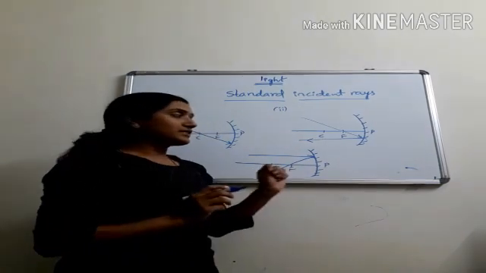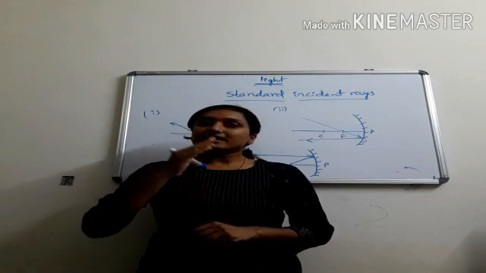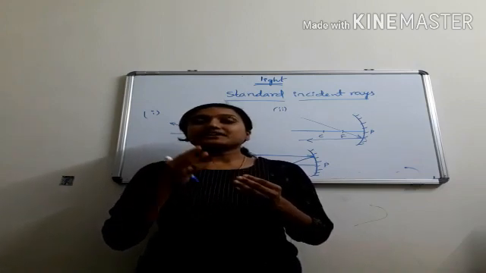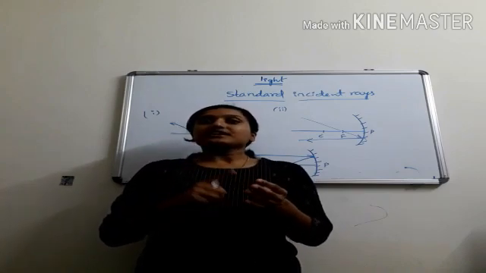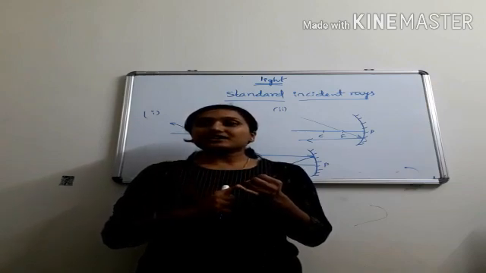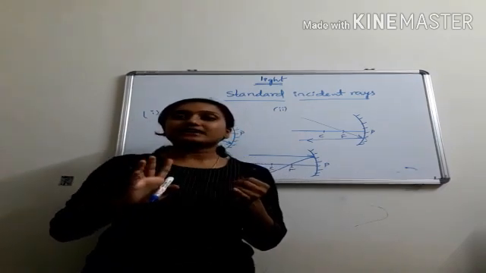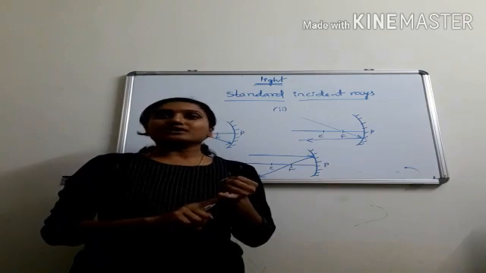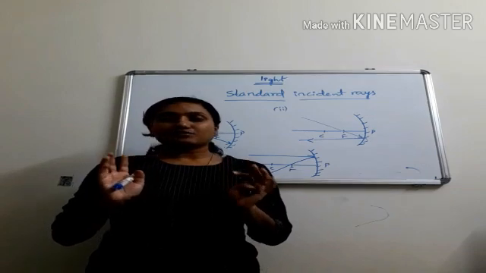After that, we learned about the components of the spherical mirrors. We learned five important things: the radius of curvature, focal length, pole of the mirror, and aperture. Aperture means where the reflection will occur on the spherical mirror. And one more thing is the pole. Pole means the center of the mirror.